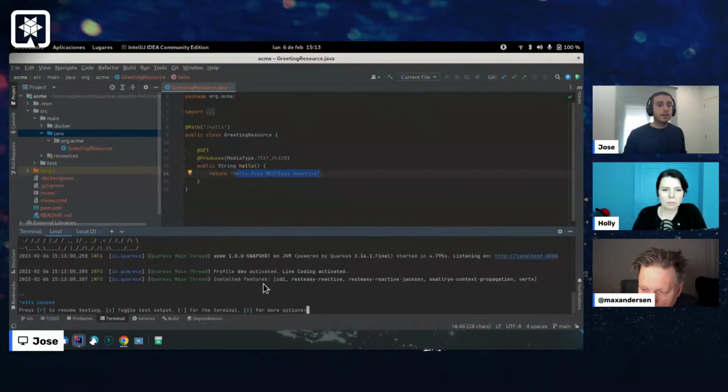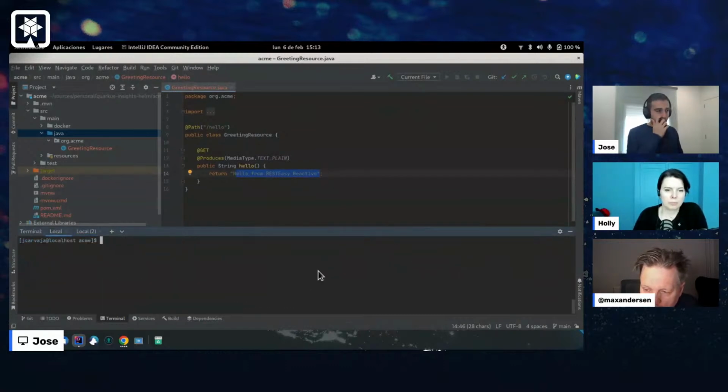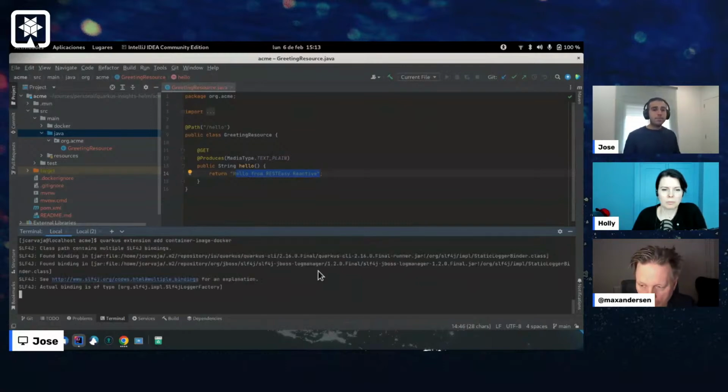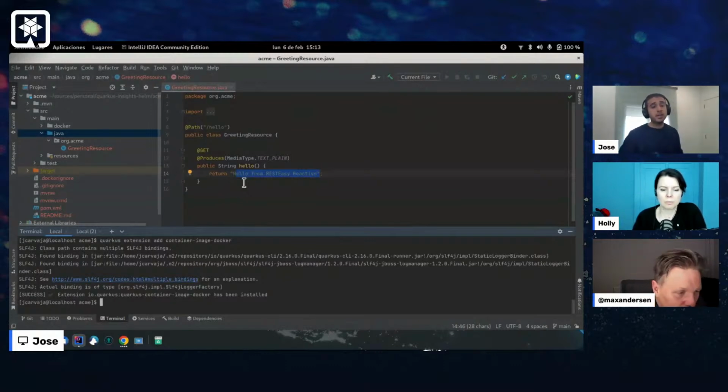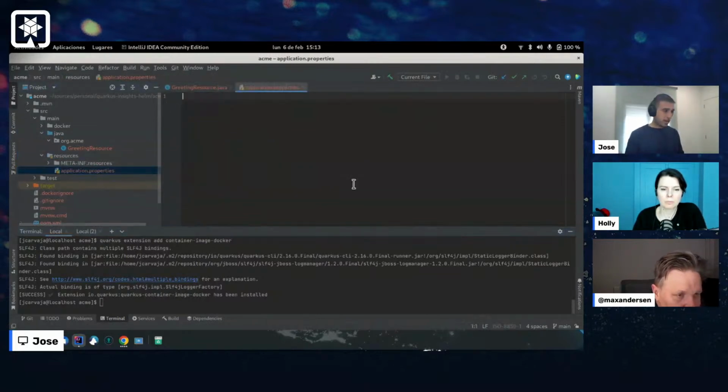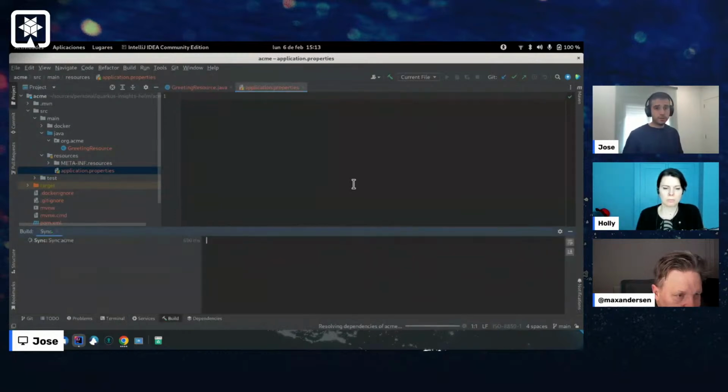So good so far. Let's start by adding the container image Docker extension. You can use any other you prefer. We need to configure this extension to build the container image and also push the container image into any container registry. I'm going to use my account in Quay. So the first thing we will need is to configure